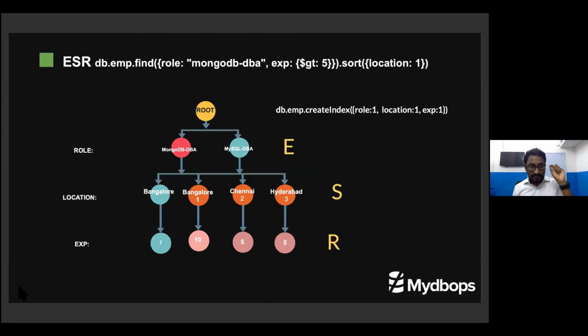When you are accessing the index, there is also a relationship between the index and the actual document. If the index has some field values, like I have a value of role, a location, and experience, and you are also accessing the information of job name, then MongoDB will go and access the document information for that particular key and value, and it will produce the result.